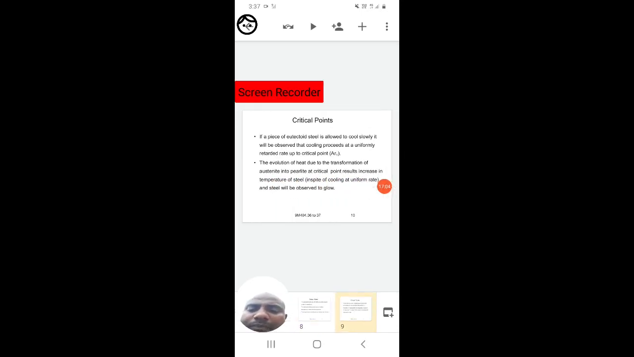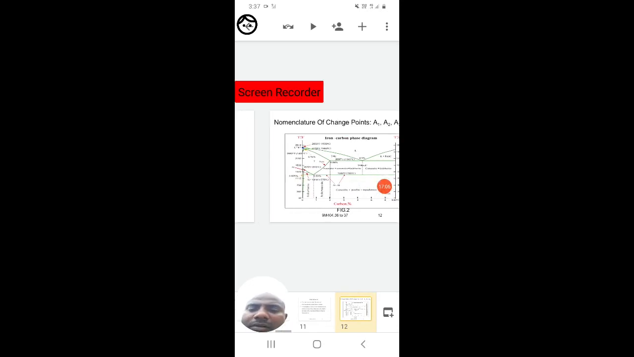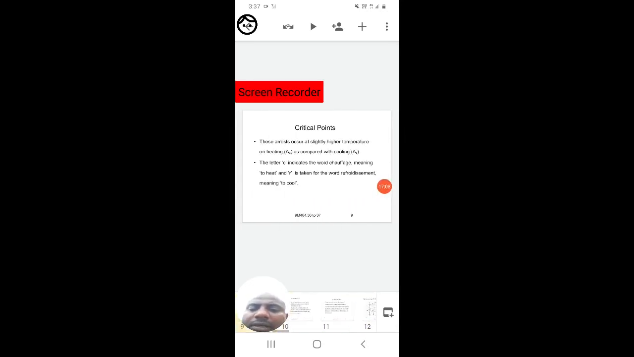So in critical points, the arrest occurs at a slightly higher temperature on heating, that is called AC, as compared to cooling, AR. The letter C indicates the French word chauffage, meaning to heat. R is taken from the word refroidissement,